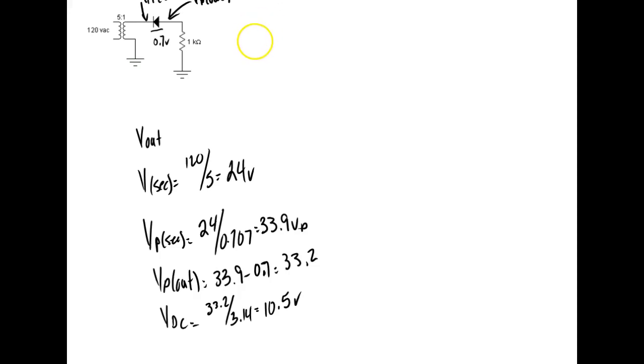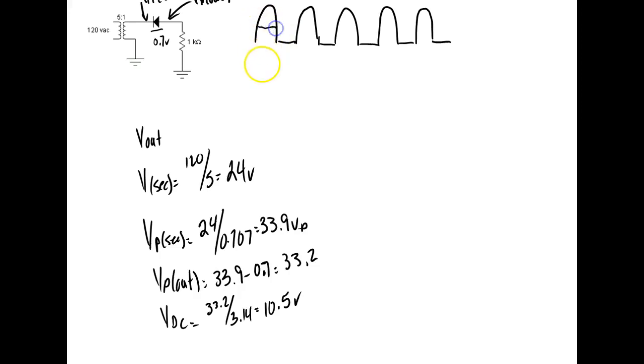Now, of course, when we're talking about VP out, this is what we're getting out of this one. If we looked at this with an oscilloscope, this is actually what we're getting. And this is what we see on a half wave. And this guy right here, the average DC value of this guy is VP times